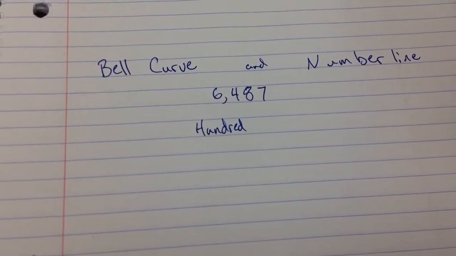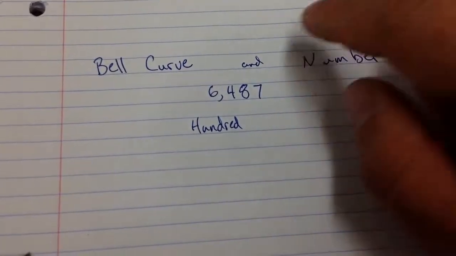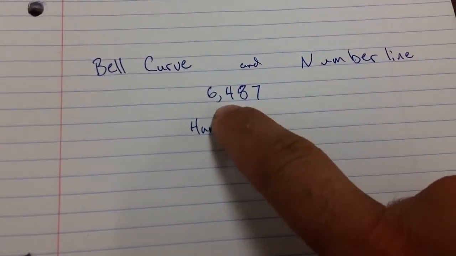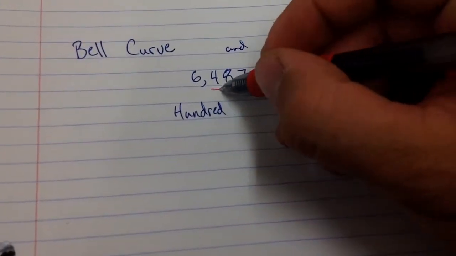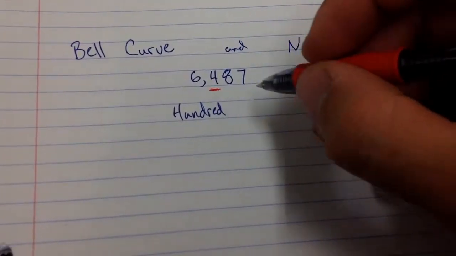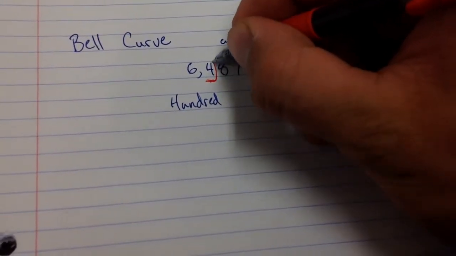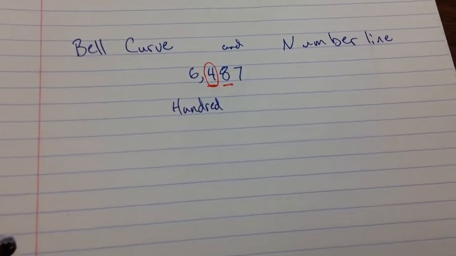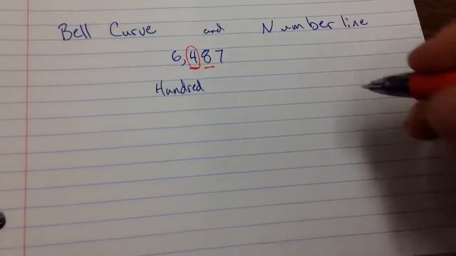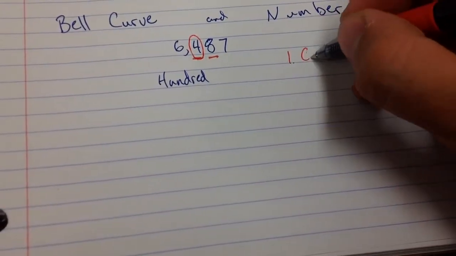So, have your student point to the 100 right now. You got 3 seconds. 1, 2, 3. You're right. It's that 4 right there. So, here's the 100. Right there. Now, the boss, we always circle, just like that, and we underline the minion. The minion is the number that's right next to it. So, always circle the boss. 1. Circle